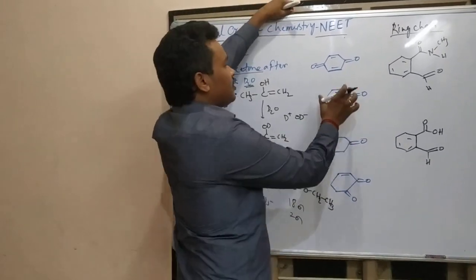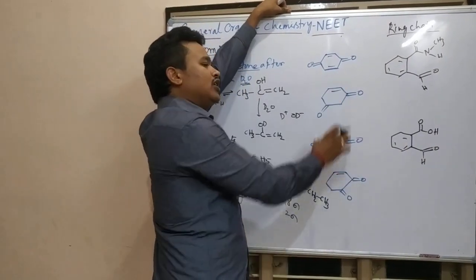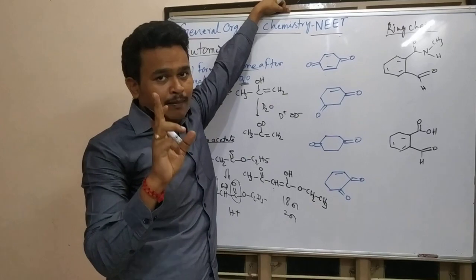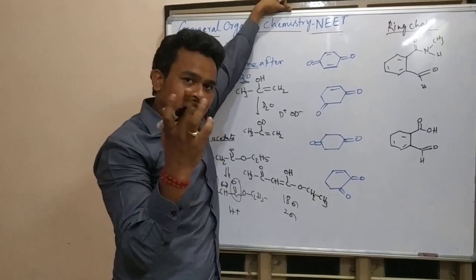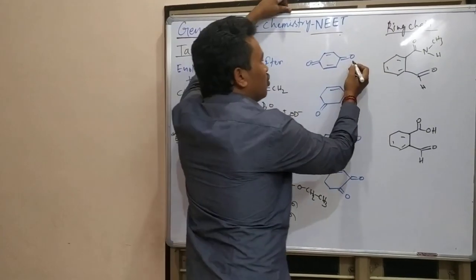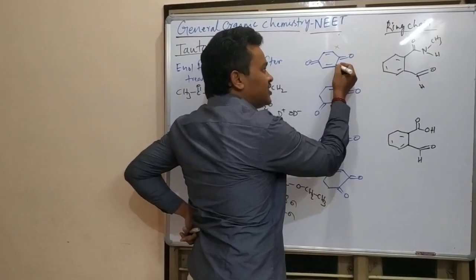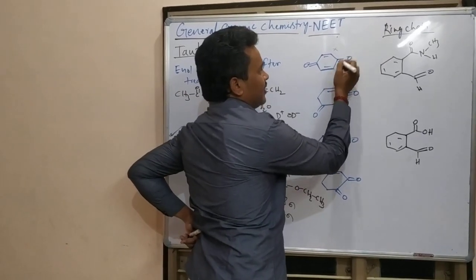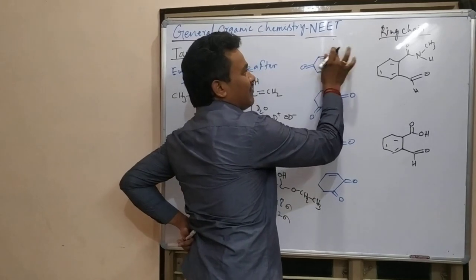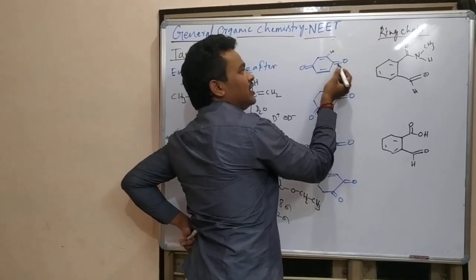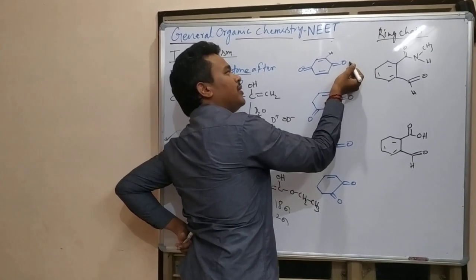Now here, which of the following can exhibit keto-enol tautomerism? My condition is that alpha hydrogen must be there. If alpha hydrogen is there, there is a possibility. It is my keto group. Here, is any alpha hydrogen there? No. Here, any alpha hydrogen? The carbon already has 1, 2, 3 attached. Here alpha hydrogen is there, right? If alpha hydrogen is there, it is going to jump here, which means what is going to form here?